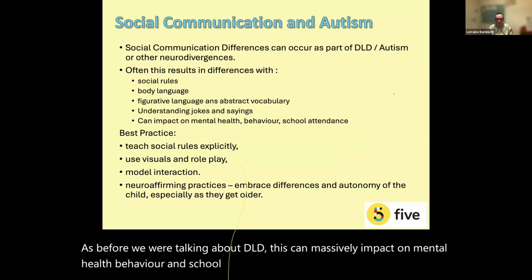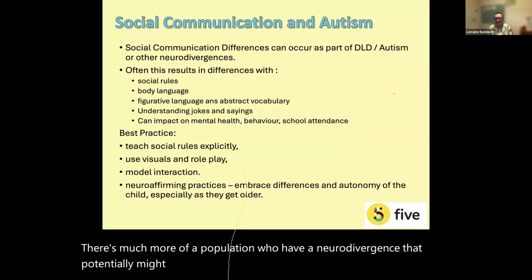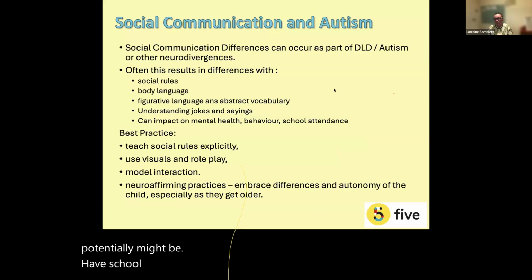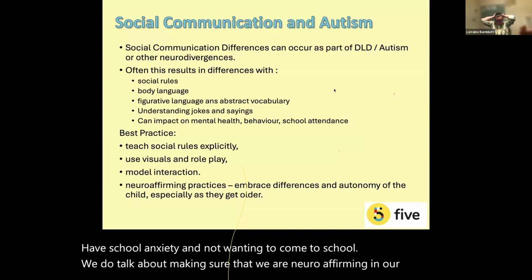I'm sure you're usually aware of that. That there's much more of a population who have a neurodivergence that potentially might have school anxiety and not want to come to school. So we do talk about making sure that we are neuro-affirming in our practice, but it's really important, I think,